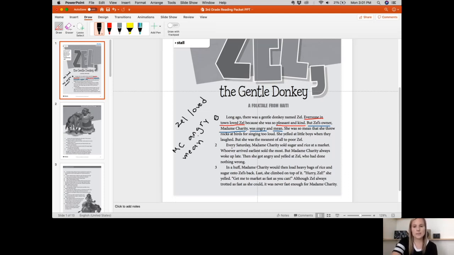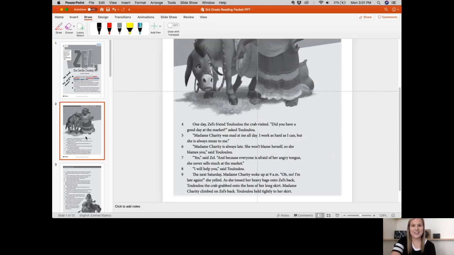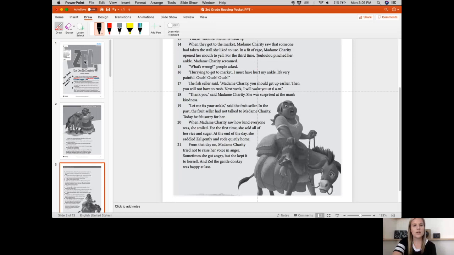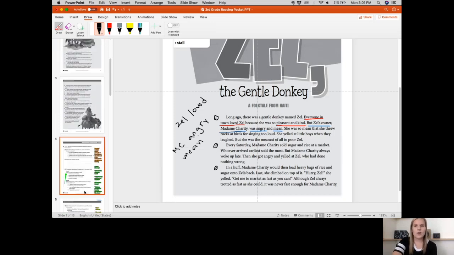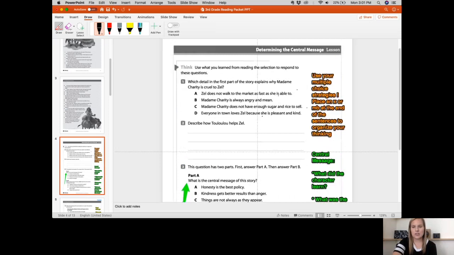So then you're going to do the same exact thing for paragraph 2 and 3 and 4 and 5 and 6 all the way down to 21. I want you guys to underline the important things because what it does is it downloads the important information in your brain, and that way you comprehend and you understand the story. All right, next you're going to use that information after you have it in your brain.